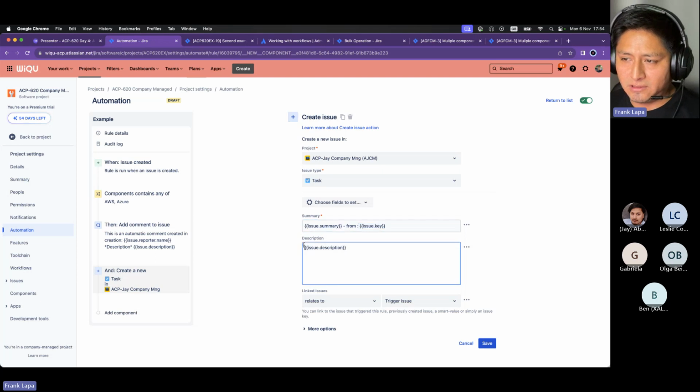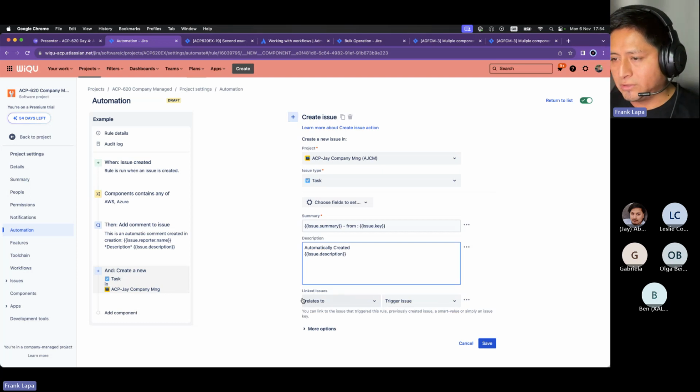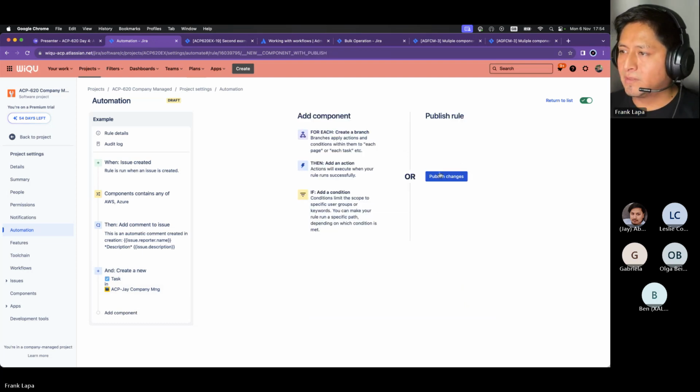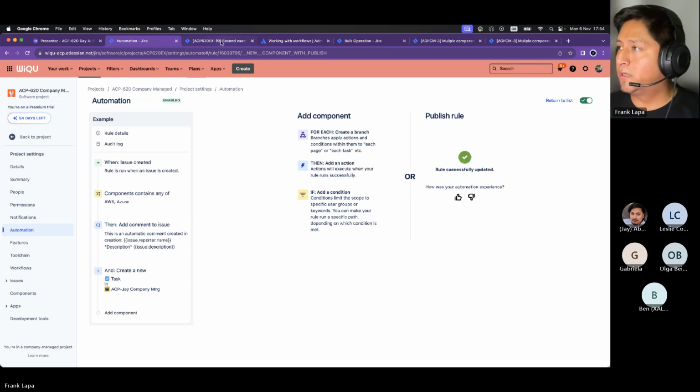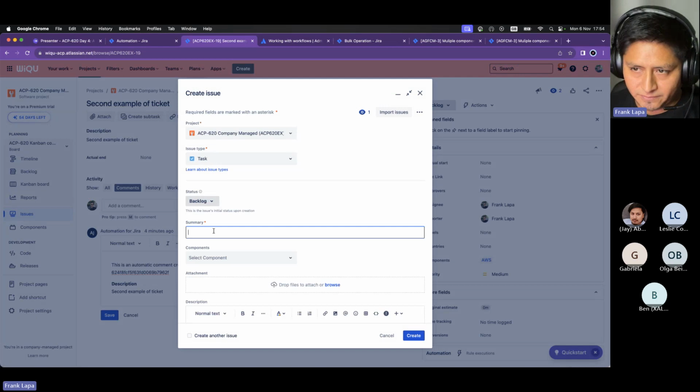Additionally, I will add here that original description and then we automatically create it. And also I will include a link between the original ticket and the target ticket. So both are linked. Save, publish, and play again. So let's click on create. This is the